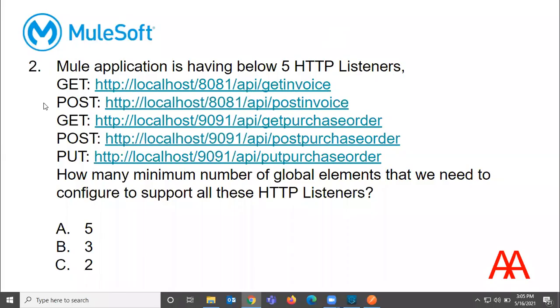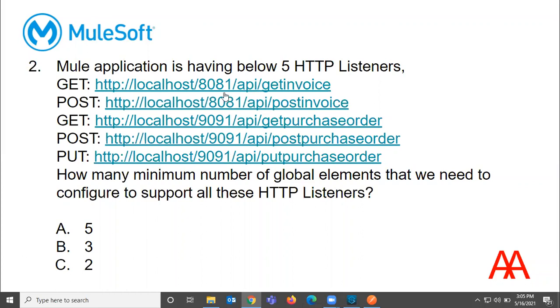This is the second question. A Mule application has the below five HTTP listeners: get invoices, post invoices, get purchase order, post purchase order, put purchase order. We also need to observe the ports: 8081, 8081, 9091, 9091, 9091.